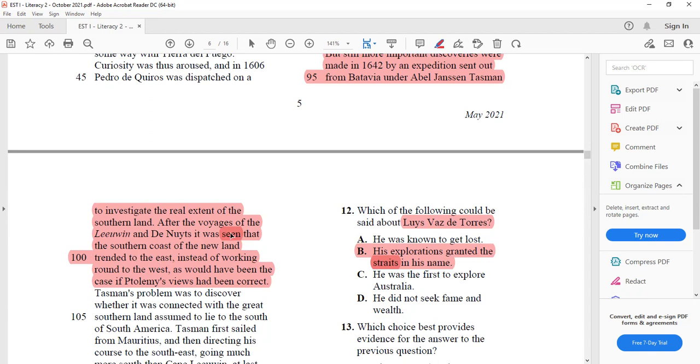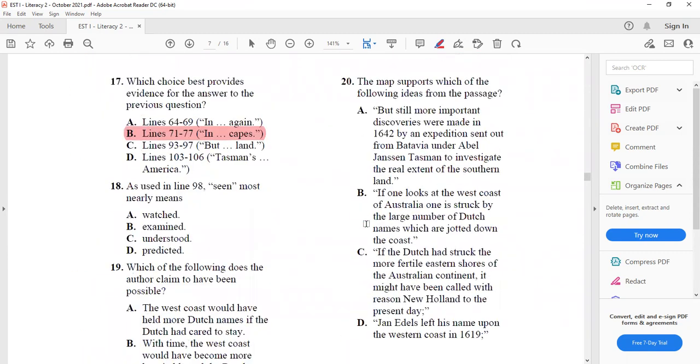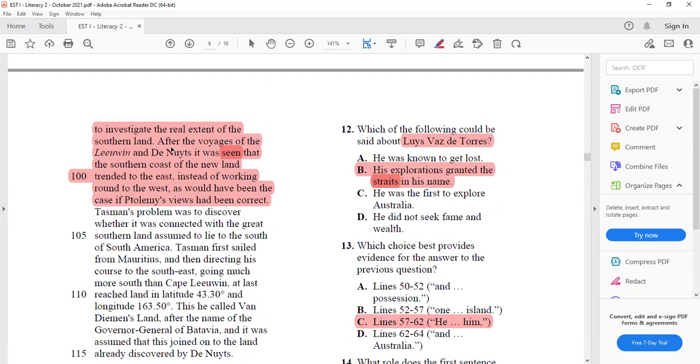Okay, seen here, Mr., doesn't use your eyes. No, seen here is like when I told you something, did you understand? You said I see. So here, seen means watch? No. Examine, like watch, take care, odd one out? Predicted? No. Understood? Yes, Mr. I see, I understood. So if you put it, you are going to find that after the voyage of Lowen and the Knots, it was seen